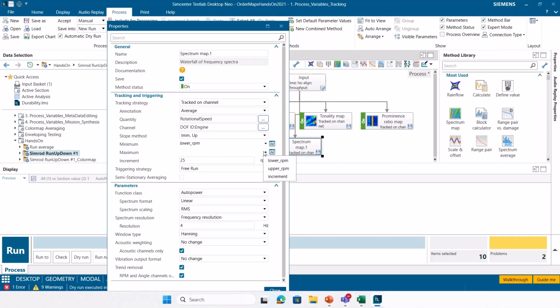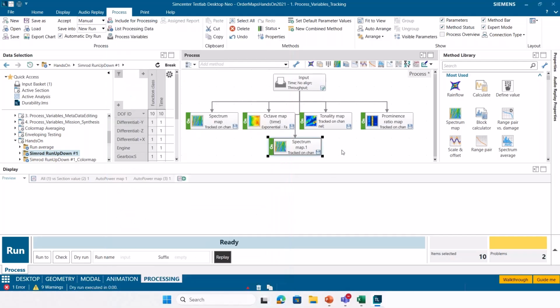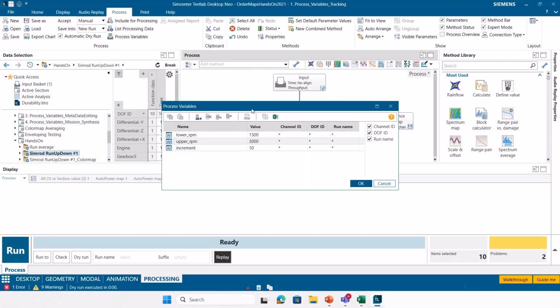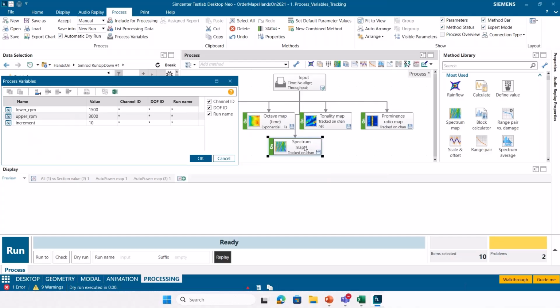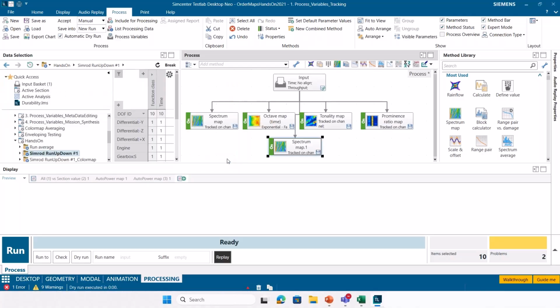For the maximum, I'll choose upper RPM, and for increment, I'll choose my increment variable. I can hit close, and now for this map, whenever I want to change these tracking parameters, rather than coming in and doing it on the spectrum map itself, I can just modify the process variables that I've defined.